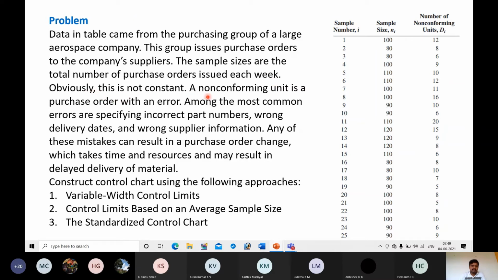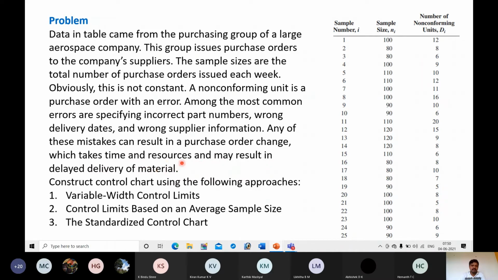Obviously, this is not constant. A non-conforming unit is a purchase order with an error. Among the most common errors are specifying the incorrect part numbers, wrong delivery dates, and wrong supplier information. Any of these mistakes can result in a purchase order change, which takes time and resources and may result in